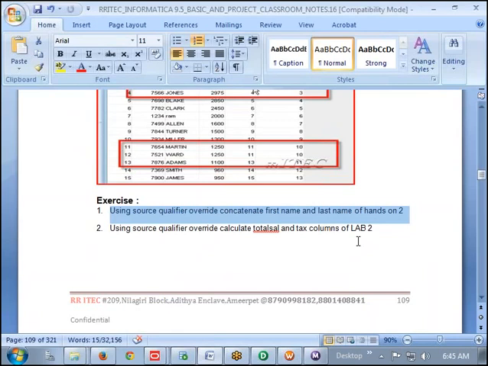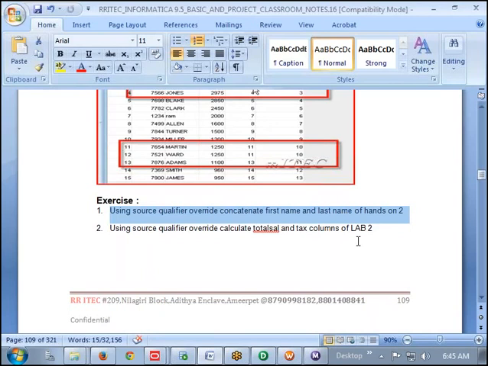We did answer 2 by creating the mapping, concatenating first name and last name. Can you do that activity without using the expression transformation? Only the source qualifier override you want to use, and you have to get it. Can you do this one?